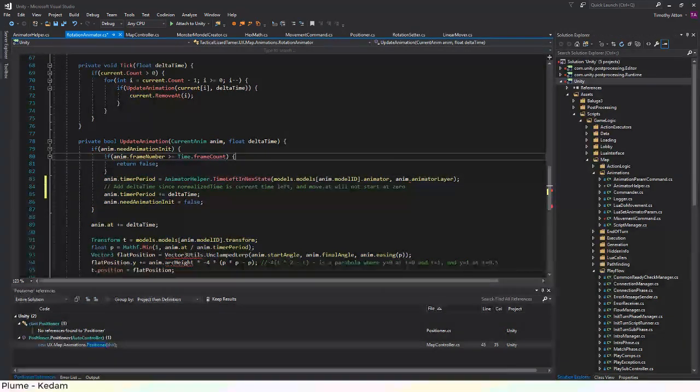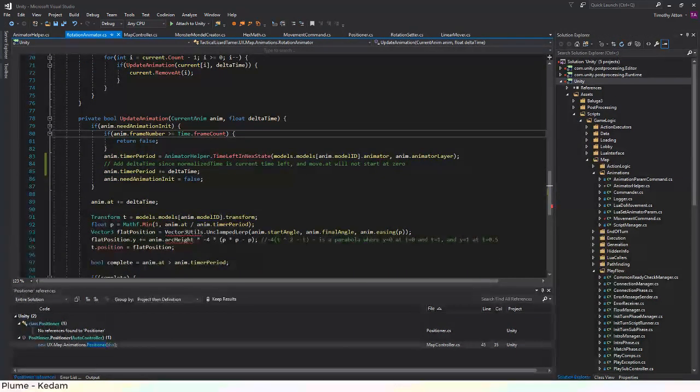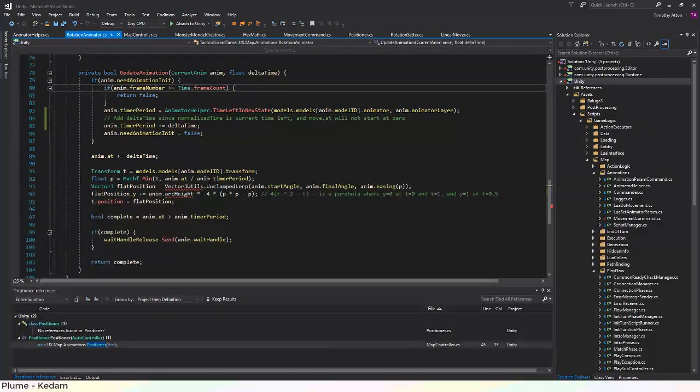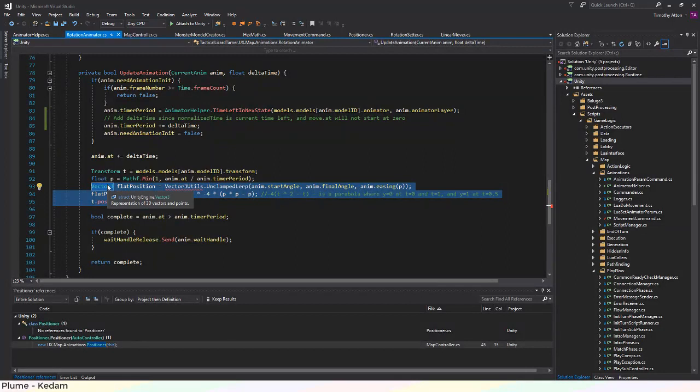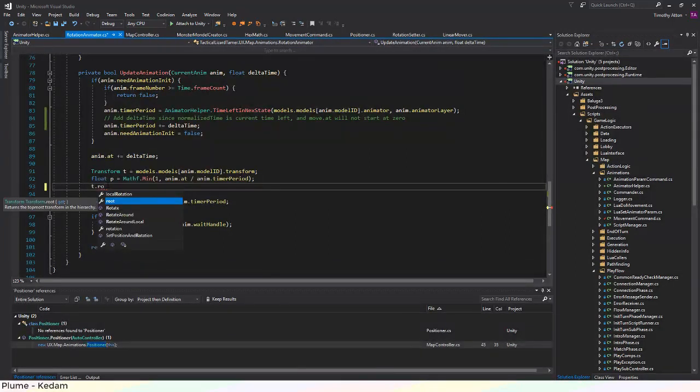Because it's all the same, really. Okay, so here we do change a little bit, because we still need to get the rotation and then the time left. But we don't need any of this stuff. All we have to do is set t rotation